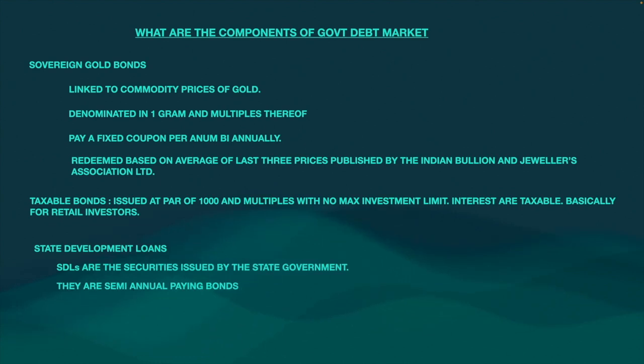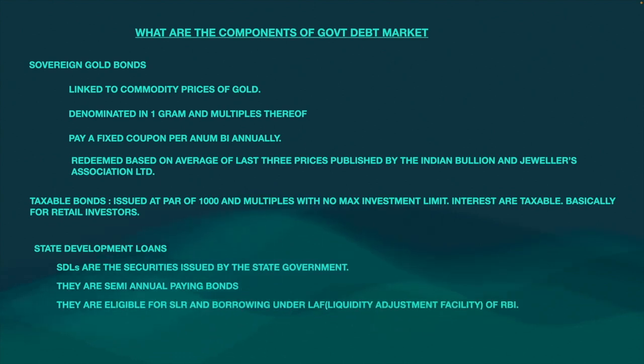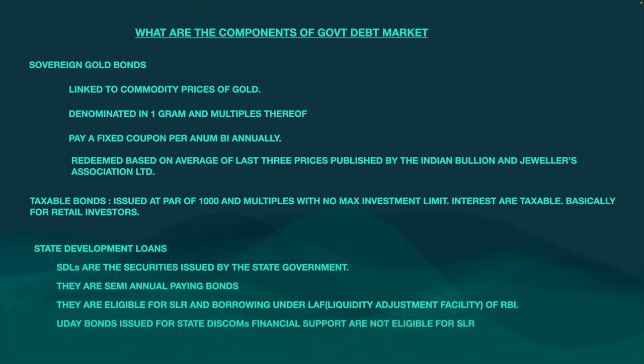They also pay semi-annually. But any bonds issued by the state development banks, if the lending is done by the banks, it is eligible for the SLR and borrowing under the liquidity adjustment facility of the RBI. I will explain SLR and liquidity adjustment facility in the subsequent slides. Uday bonds issued for state discoms' financial support are not